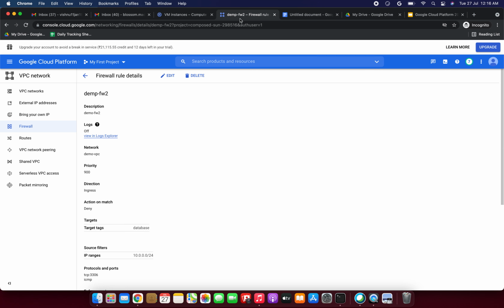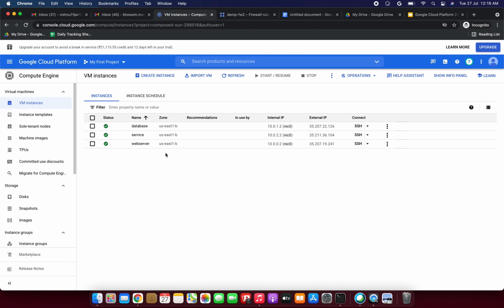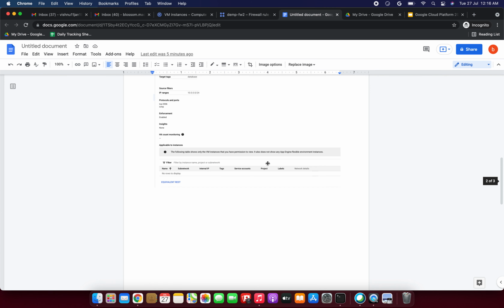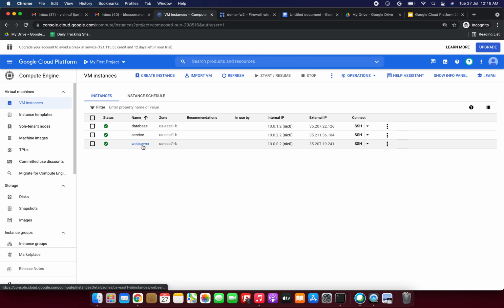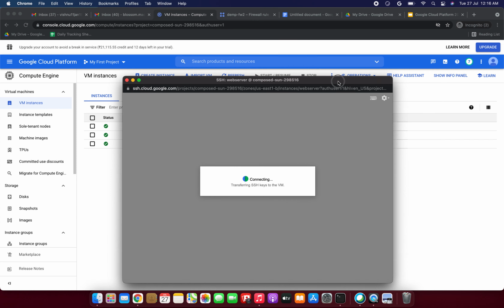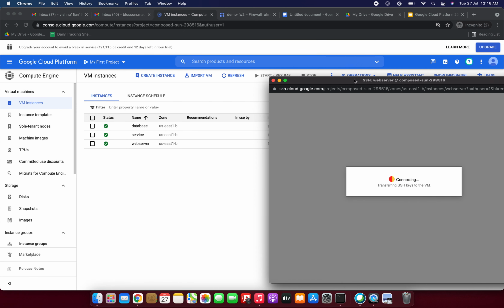So now what we need to do is go to that VM, and from this web server we need to ping the database server to see whether it is working or not. So go to SSH, and before that let me refer to my document. Okay, fine. So go to that web server. This web server only we have given, right? So just SSH into this web server and ping the database. The answer is we should not be able to ping. I mean, we will receive 100% packet loss.